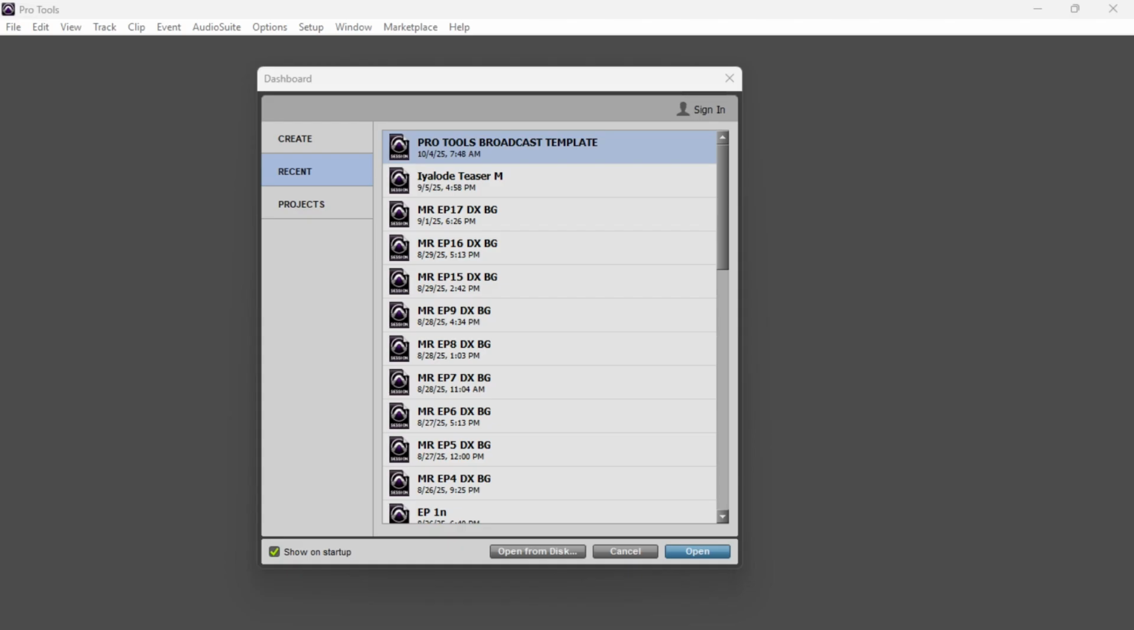So today we are going to be talking about how to create a broadcast template on Pro Tools. But before we go deeper on the creation of the template,